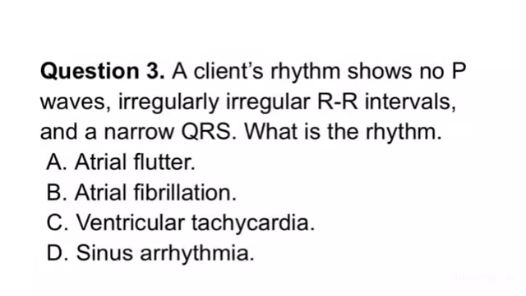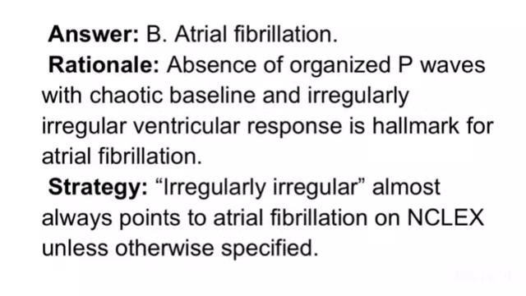Question 3. A client's rhythm shows no P waves, irregularly irregular RR intervals, and a narrow QRS. What is the rhythm? A. Atrial flutter. B. Atrial fibrillation. C. Ventricular tachycardia. D. Sinus arrhythmia. Answer: B. Atrial fibrillation. Rationale: absence of organized P waves with chaotic baseline and irregularly irregular ventricular response is hallmark